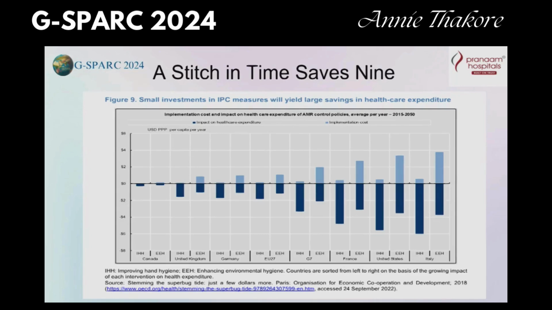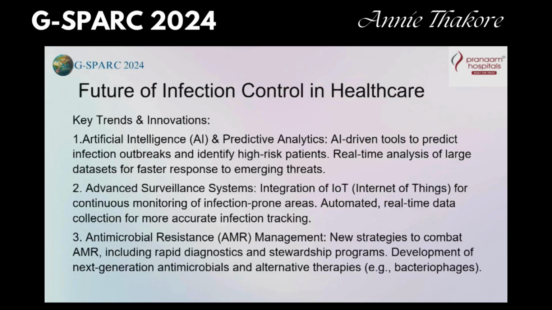And on the future of infection control, you see, a stitch in time saves nine. When you see the transparent bar, it is the cost, whereas the darker bars below, that is the expenditure. If you invest in infection control practices, you will be saving expenditure for the organization. It's a huge amount. And then, when it comes to the future, it is artificial